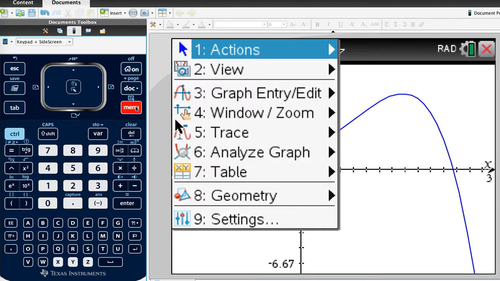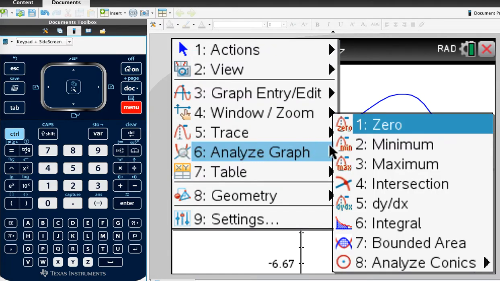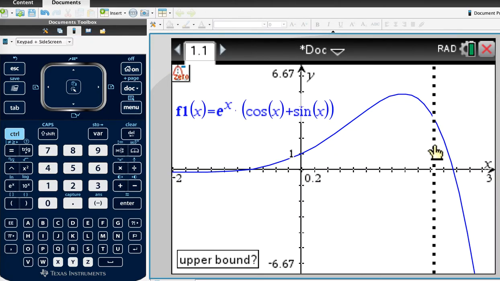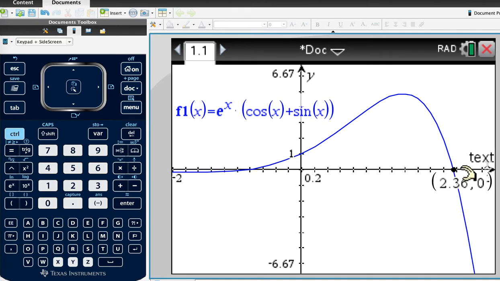So if I go on to menu, analyze graph, and now do zero, then what I can do is click on the left and the right hand side of this graph, and it will pinpoint exactly where that zero is. I don't need to do it on this side because it's starting at 0, so I can type that in easily. At this point here, I wouldn't have known otherwise. So now I can go back, menu,